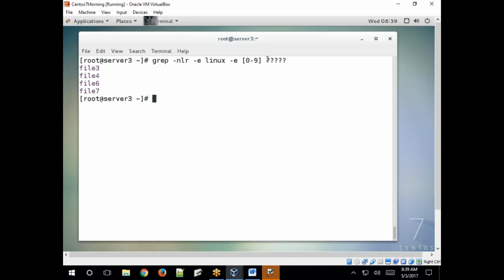It means it allows searching for 5 characters length files. So file 3, file 4, file 6 and file 7, 5 characters length files. Okay, the file name is anything here, and it searched for Linux and this 0 to 9 digits and printed those file names here.